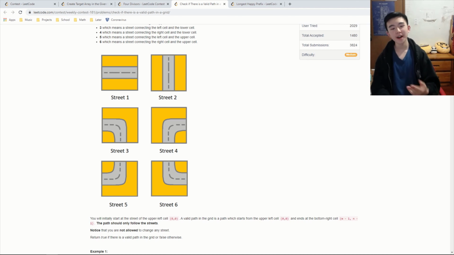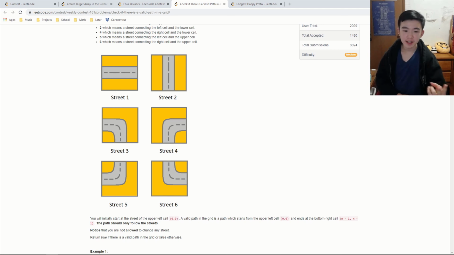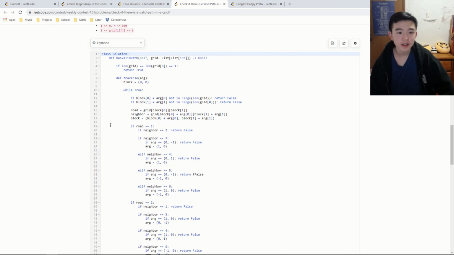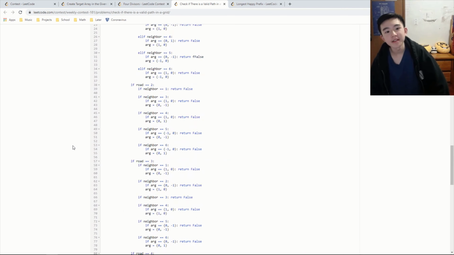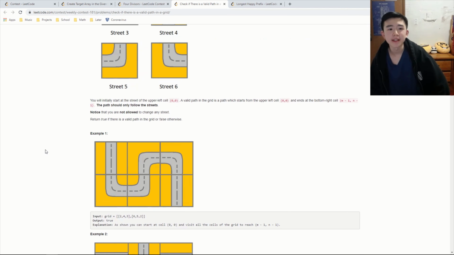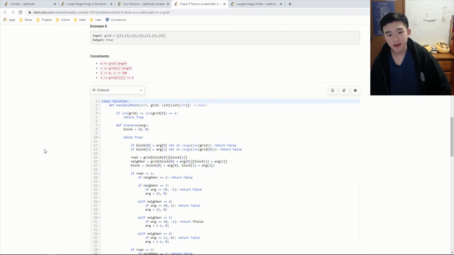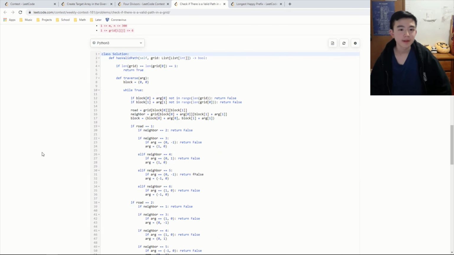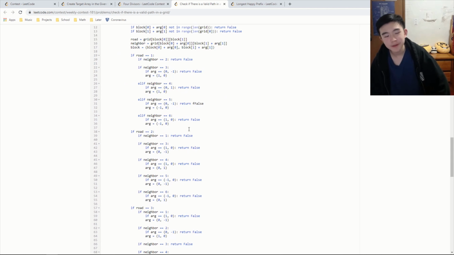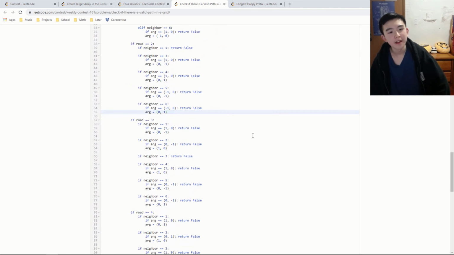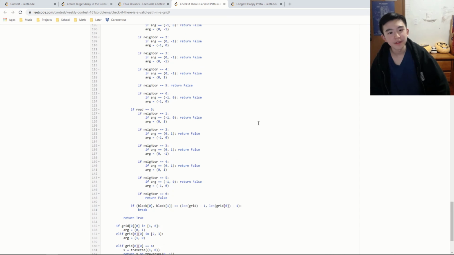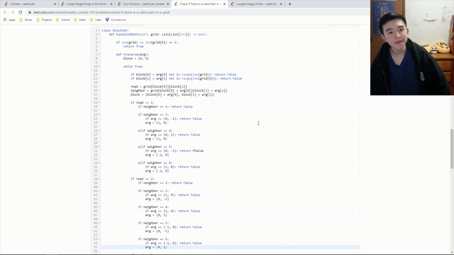Notice that Street 4 has two possibilities for starting, either going down or to the right. So we have to consider that twice. So we write a big function that takes in the starting argument, because that's what we need for 4. And then because 4 has two possible starting arguments. And then we just basically keep track of where we are, find the neighbor, find the next block we're supposed to be at, and then compute the new argument. And then if anything fails, we return false.